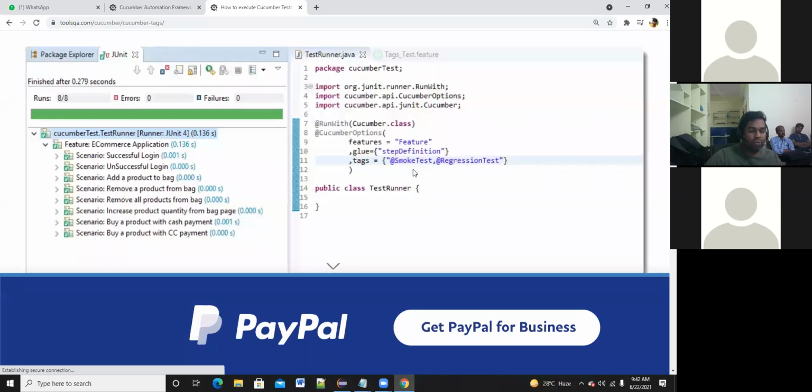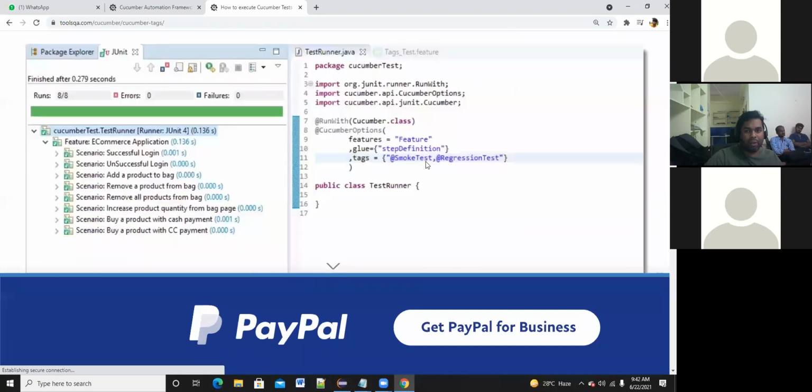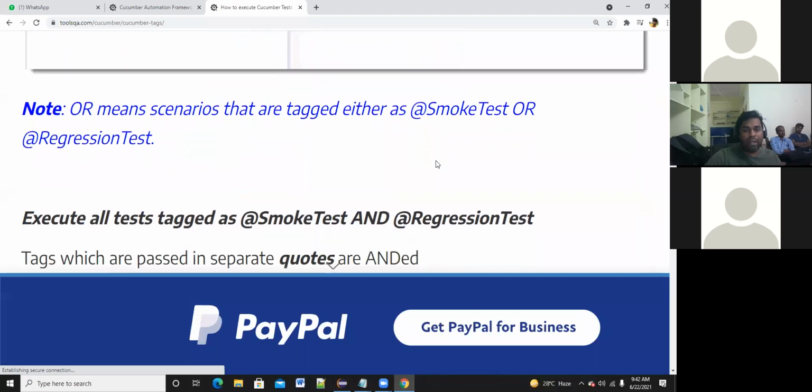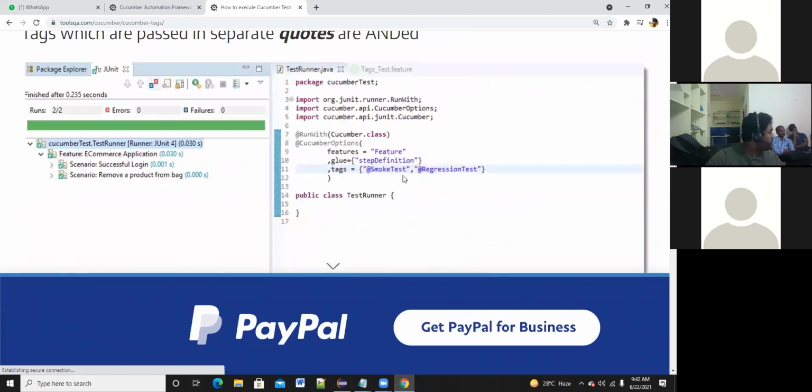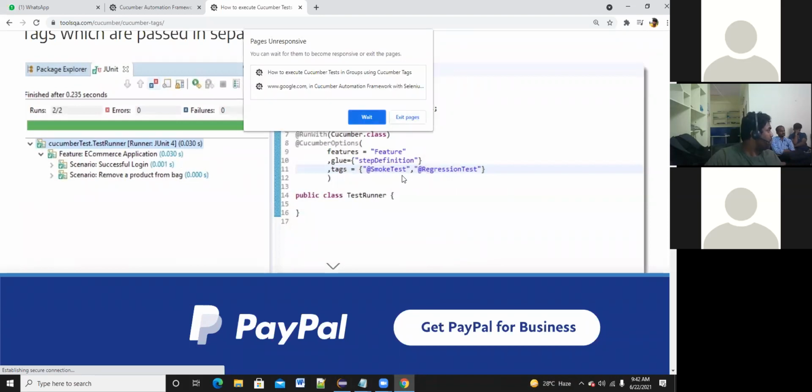Okay. So if you want to specify the OR condition, you have to specify comma, or if you want to specify an AND condition, you have to write like this. So whichever feature file belongs to smoke test and regression test, those group of feature files will be